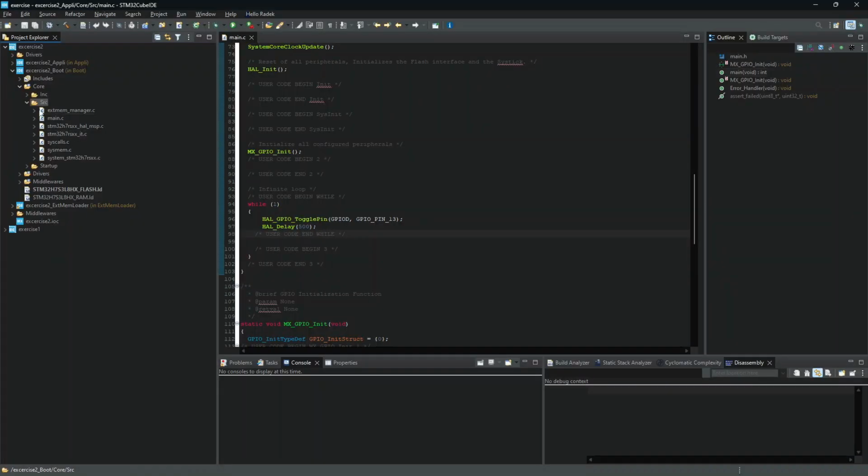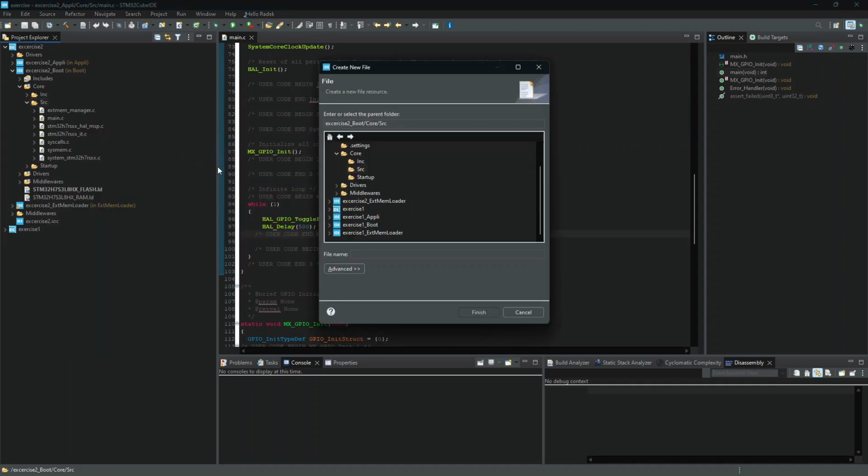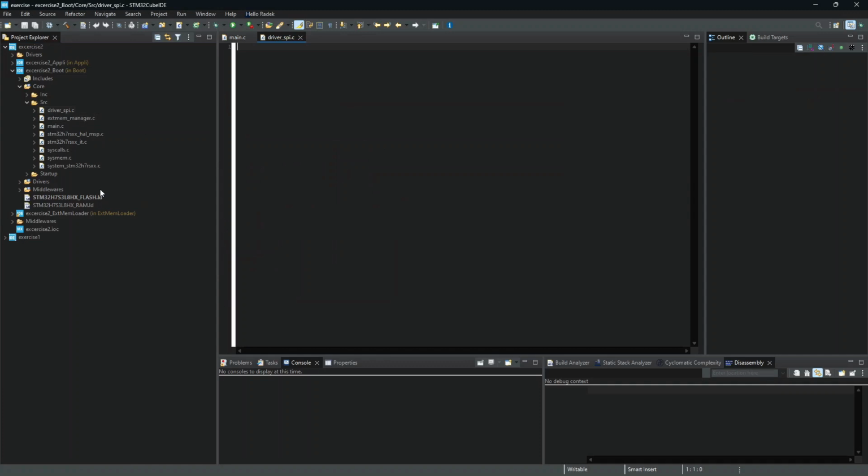We can start it in the bootloader. We go into the source and we will create a new file, which I can name, for example, driver_spi.c. And for the API functions, we can borrow them from the middleware, from the external memory manager, and here